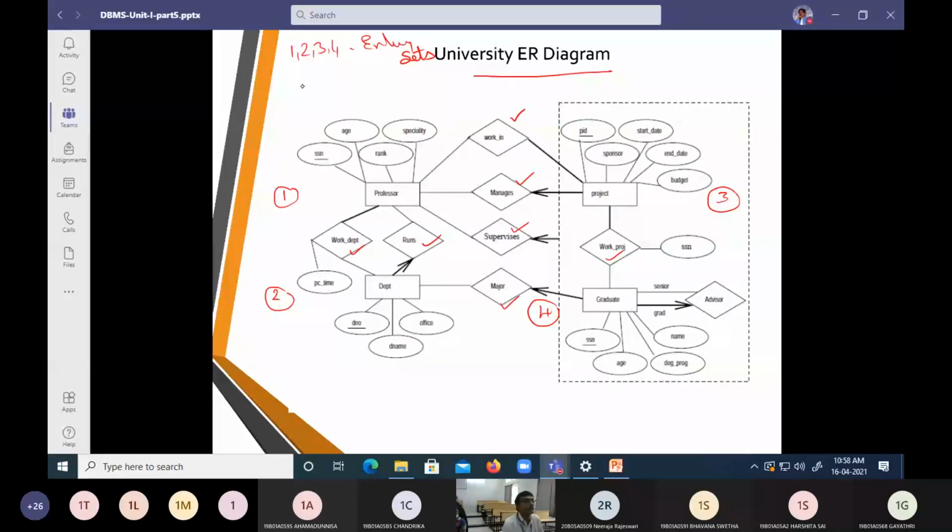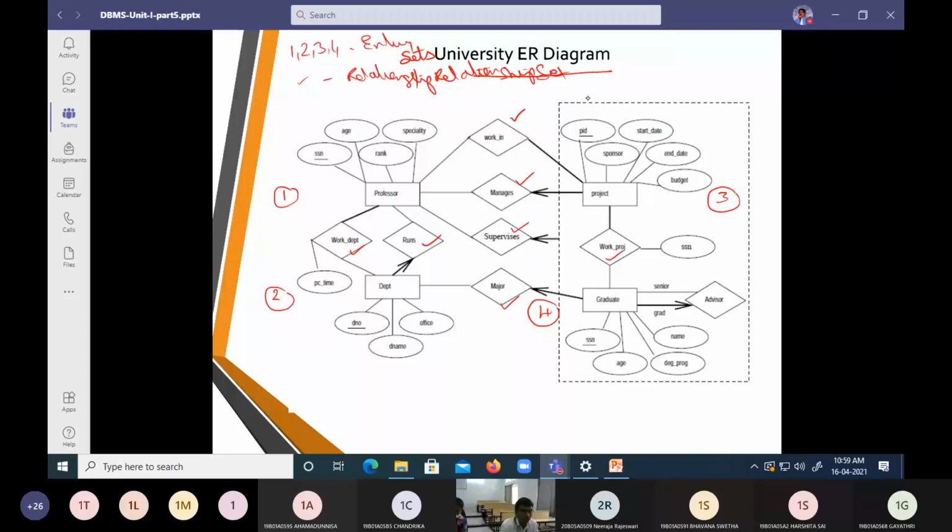These items we call relations, or rather we are going to call them relationship sets.